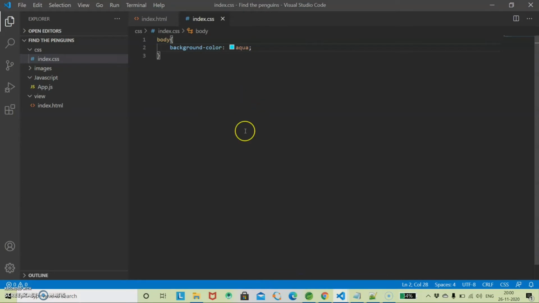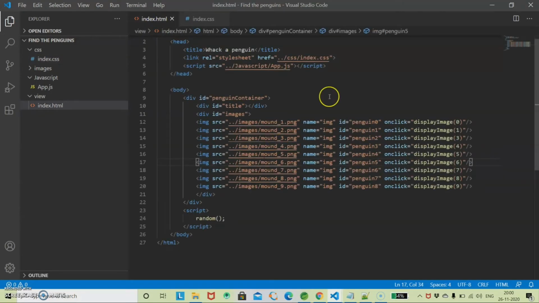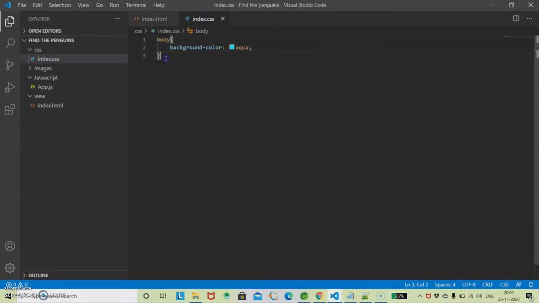Next, we are going to create a division for our penguins. To keep all the penguin images, we are going to create a division tag. If you see in the index.html, we have already created that division and we have kept that ID as penguin container. You can use either ID or class. If you use ID, you need to use the symbol # while writing the style in our CSS file. So with the hash, I am going to copy that ID